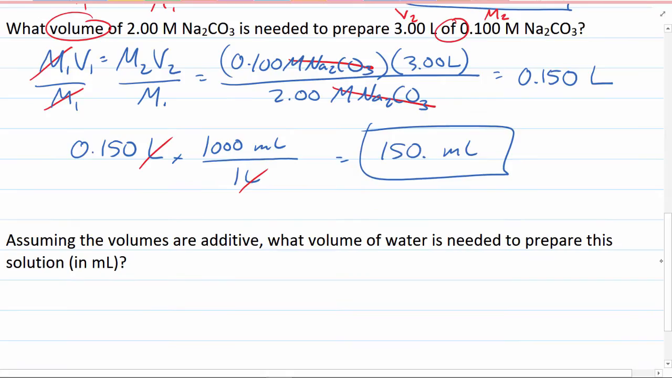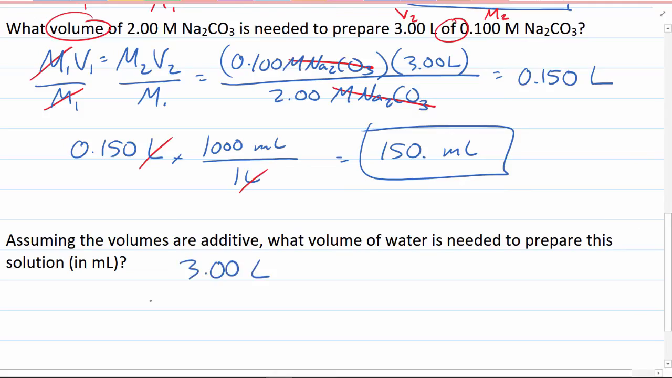Okay, then, if we go to the next one here, we'd say, assuming the volumes are additive, what volume of water is needed to prepare this solution? So how do you think we go about finding the amount of water needed? Any ideas? Would you just take 3 liters and subtract 150 milliliters? Yeah, we're going to take our 3 liters